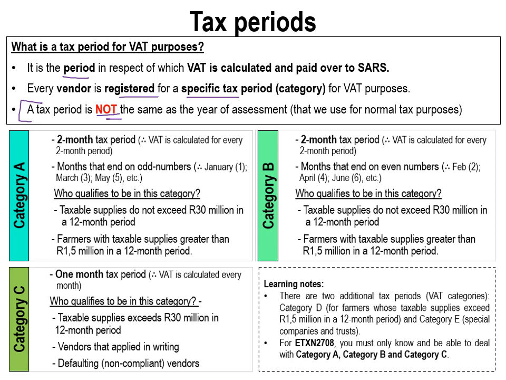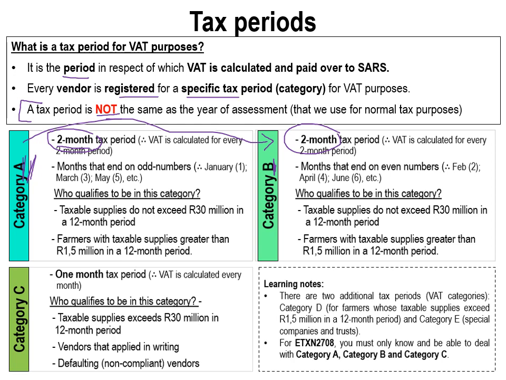So if a vendor has a category A tax period, that means that their VAT is calculated every 2 months. This is a 2-month tax period. Category A and category B are exactly the same in that regard. Both of these categories refer to 2-month tax periods. In other words, VAT is calculated for every 2-month period. The difference between the two, because everything else is the same, is that